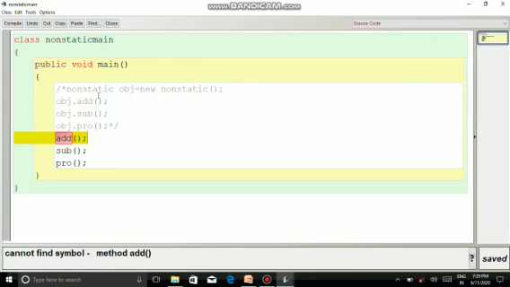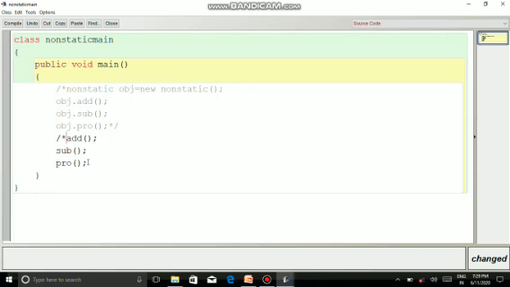That means this function is not able to detect where add, sub and pro are. There is no link between this class and that class. So in order to provide a link between the two classes, you have to create an object, and that is what is done here.